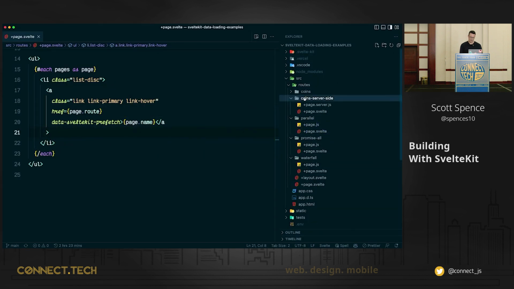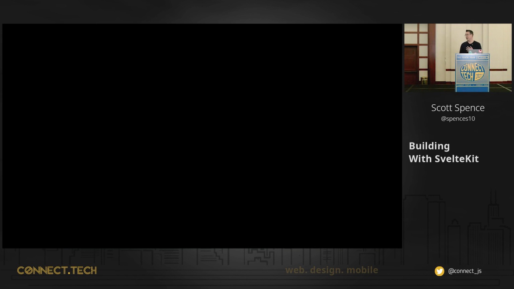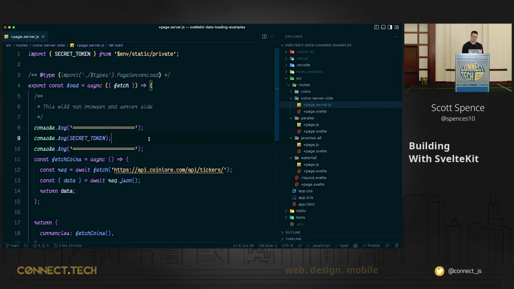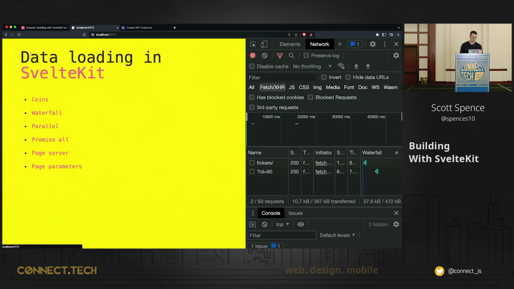Okay, so yeah, there was also the page.server. So page.server means if you've got some sensitive credentials, then you can use page.server to go off and add in your super secret token, which I'm just printing off here. And then you can go off, get the information, and it won't be exposed on the client. This is a new feature which is coming to Svelte on the release candidate, and it's a much needed one